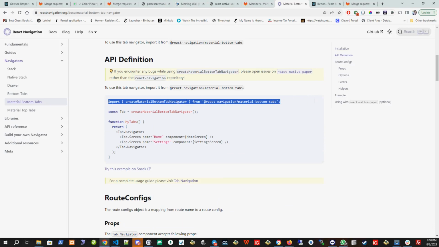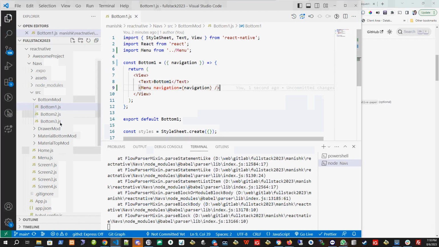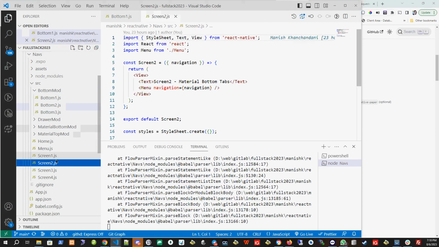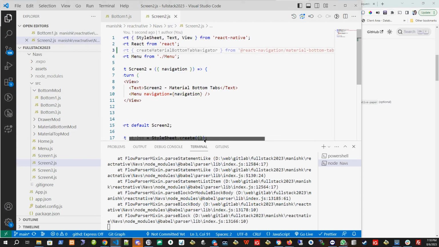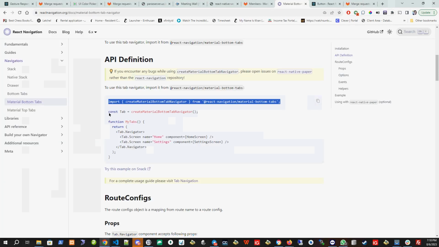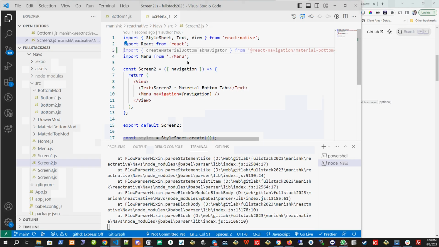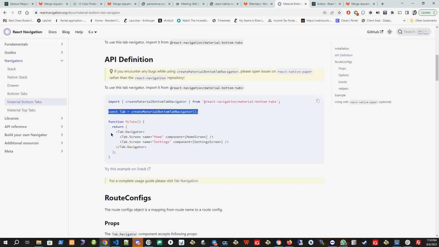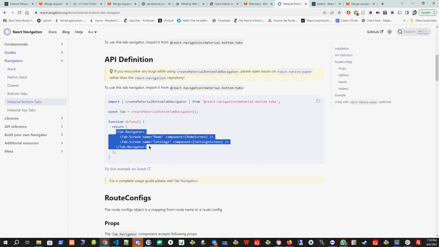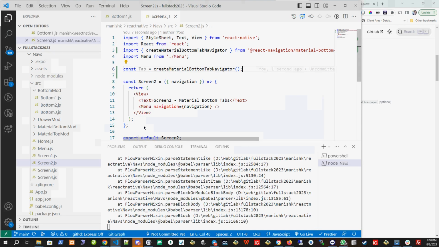So we import the material bottom tab in screen 2. Okay, in screen 2 I'll put material bottom, and then I will call the tab, and then I will add this one, right? So for this also we need